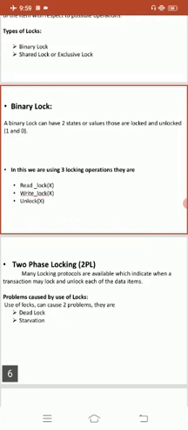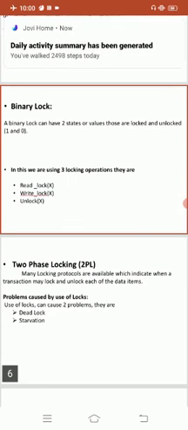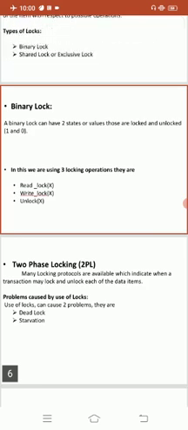First, the operation lock item X should be issued before any read item X or write item X operations are performed in T. Second, the operation unlock item X should be issued after all read item X and write item X operations are completed in T. A lock item operation should not be issued if a transaction already holds the lock on item X. An unlock item should not be issued unless the transaction already holds the lock. These are the rules of binary locking.